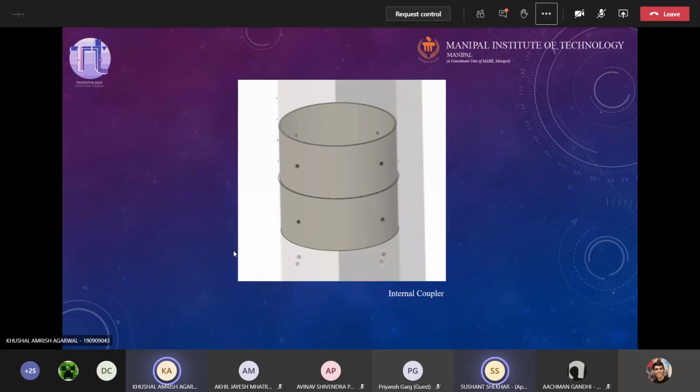No, I'll answer this question. We don't use bulkhead coupling because it suffers forces from both sides of the fuselages? Not exactly. That will be the case in internal coupling as well. But did you see the bulkhead in the ORK? You saw the thickness of the bulkhead as compared to the body tube, right? This was very thin, it was 1.5 centimeter, right?